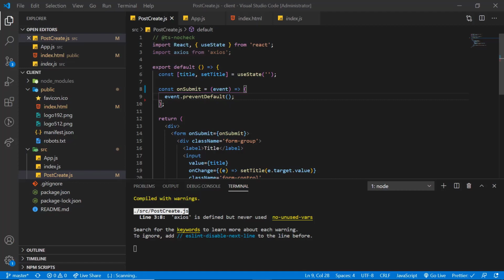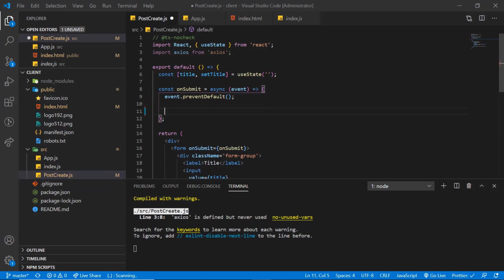We probably want to use the async await syntax inside this function rather than dealing with promises or callbacks or anything like that. So I am going to mark this function as being async. Now let's make a request with the syntax await Axios dot post.